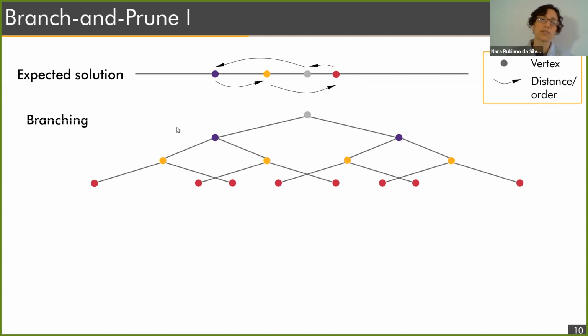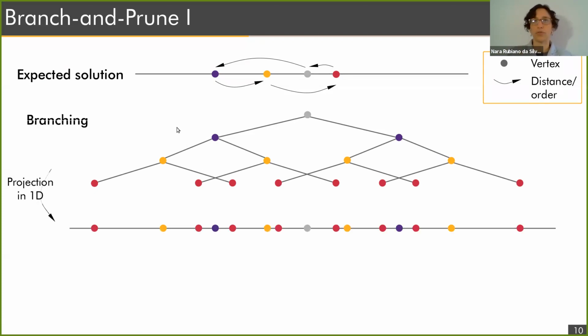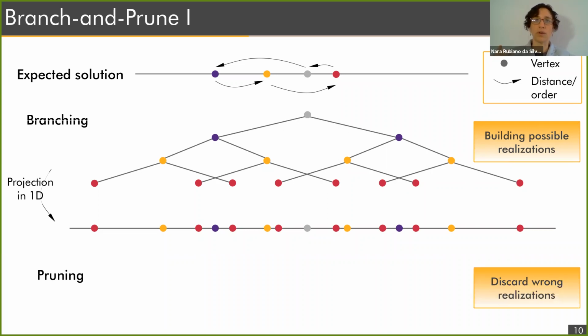In the end, of course, the search tree here we have to project in one dimension because we are dealing with a one-dimensional problem, okay? But the main point is that the branching is used to build the search tree with all possible realizations. Now, the pruning part of the algorithm is to use the latter distance information to discard